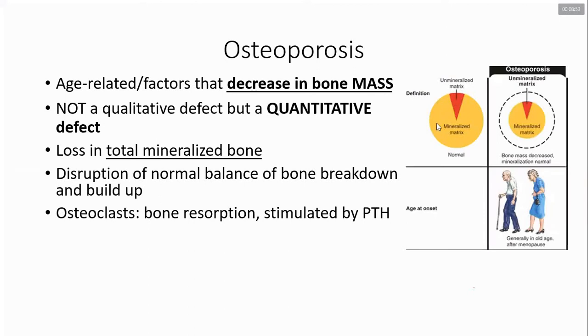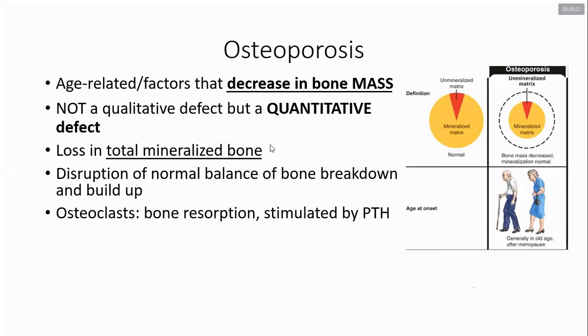As you can see in this picture, in the normal bone, if this much is the bone mass of the mineralized and unmineralized total matrix, then as you grow old or at menopause, the bone mass which should have been around the dotted line is reduced to this much. So that's basically quantitative loss. It's a loss in the bone mass